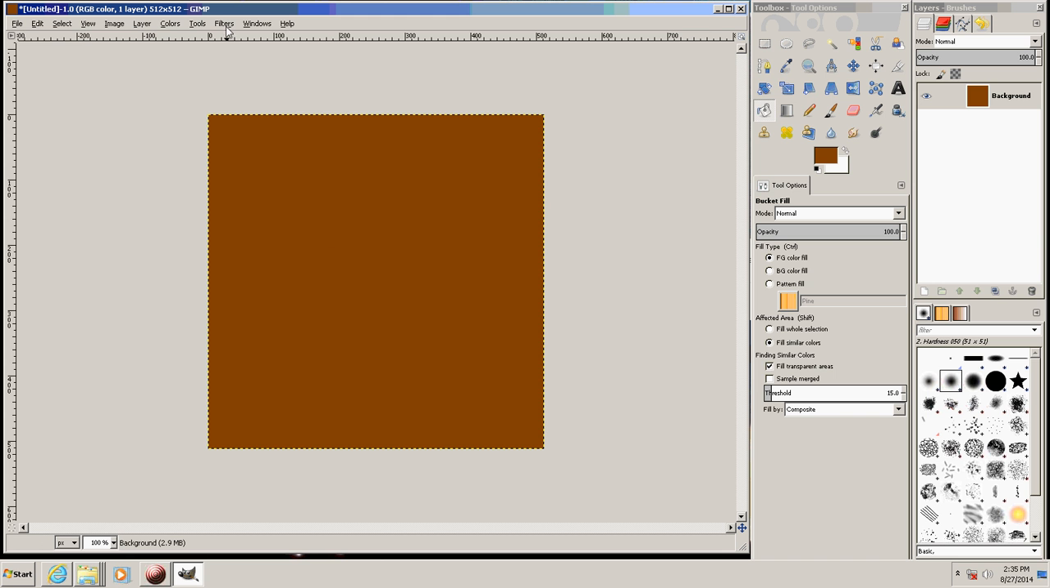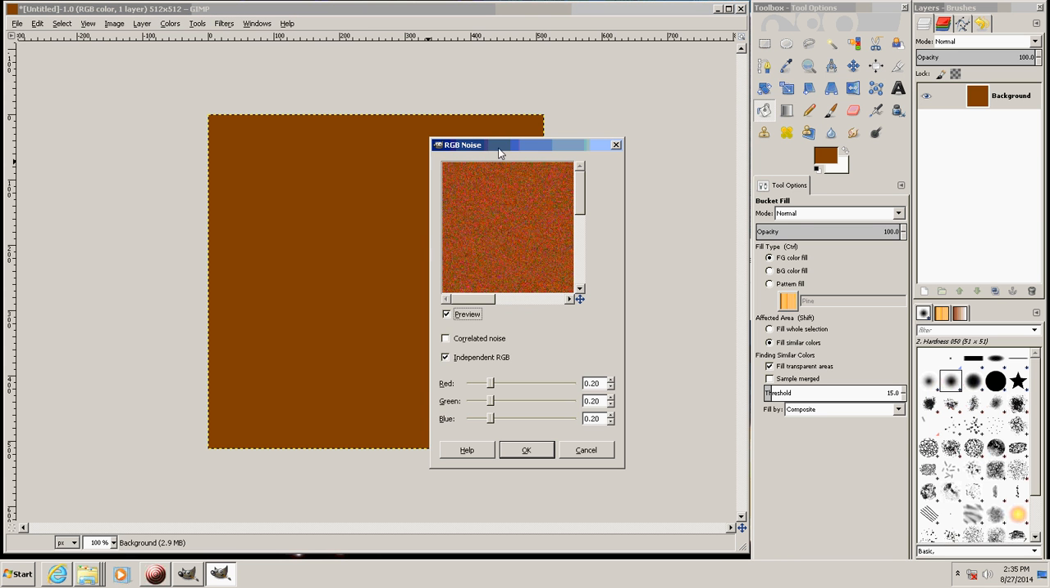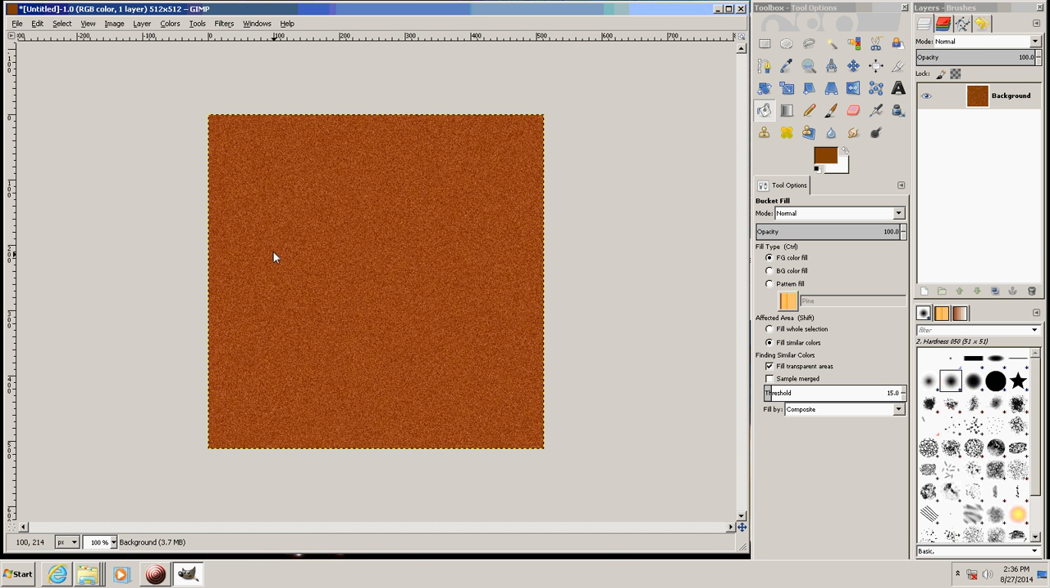Now we're going to go up to filters. We're going to go to noise. We're going to go RGB noise. I'm going to uncheck the independent red, green, blue. I'm going to take it down to about 15 and say OK. And that looks pretty good. So once we have that,